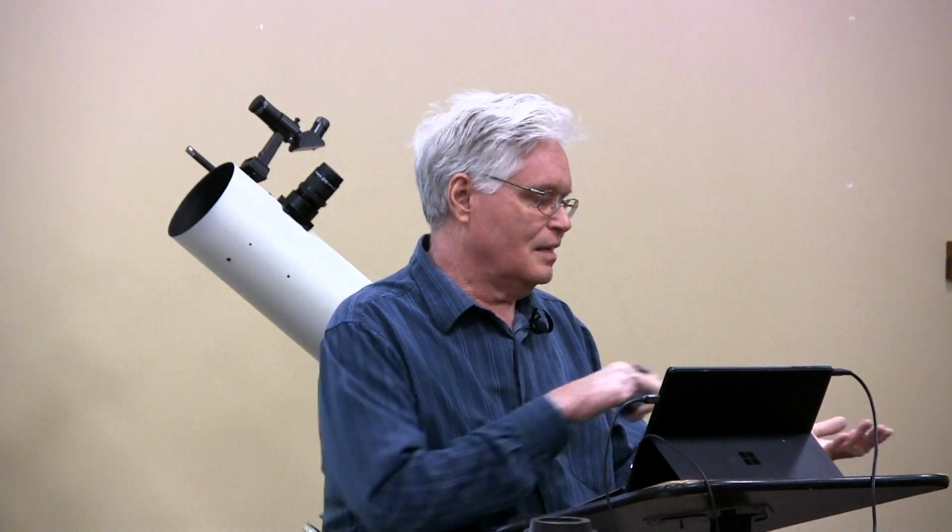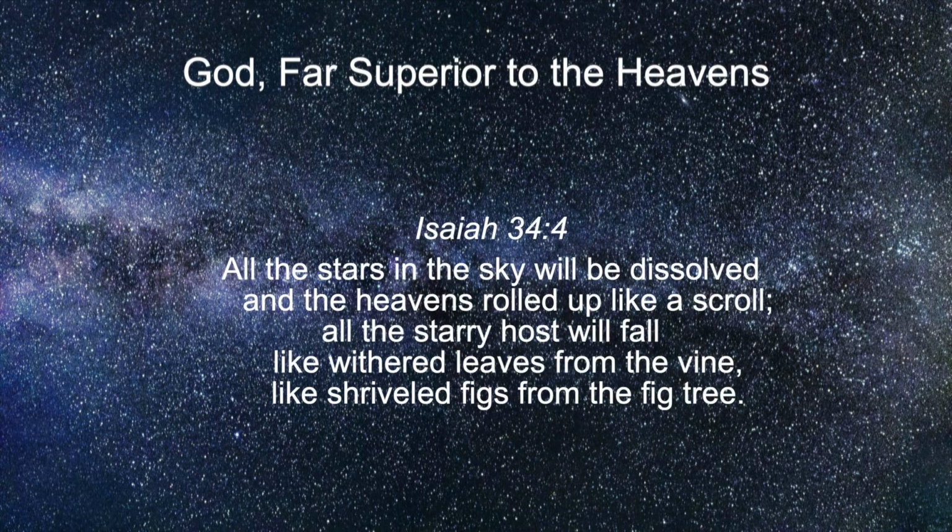A famous mystic said that she had a vision of a hazelnut, a little tiny nut in the palm of her hand, and she asked the Lord Jesus, "What is this?" And he said, "This is all that's been made." Compared to God. So anyway, it talks about all the stars in the sky being dissolved and the heavens rolled